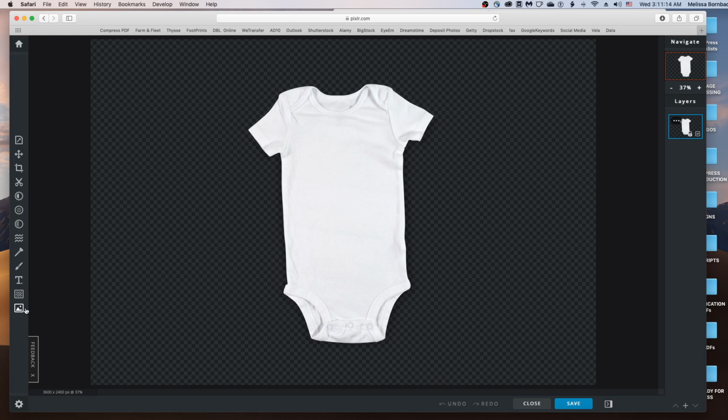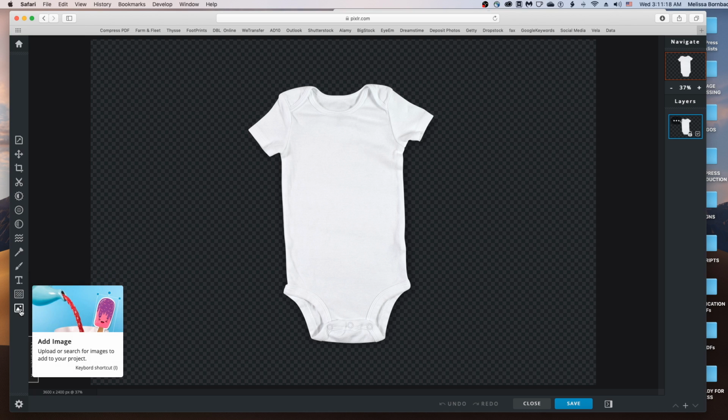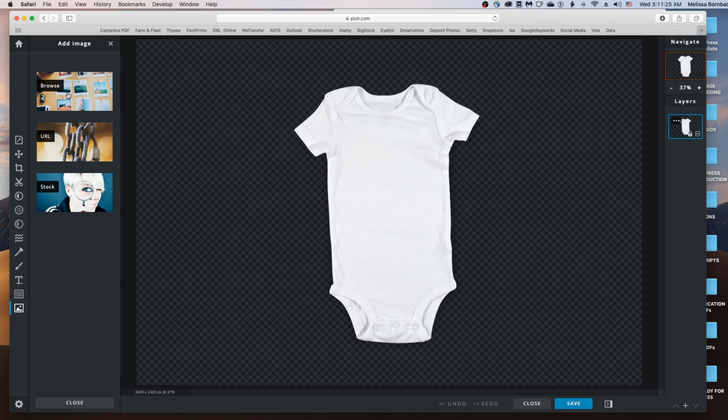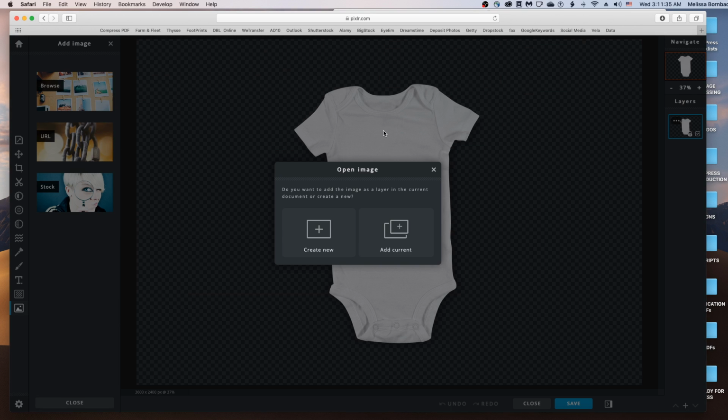And then to add our graphics and background, we want to look at these icons on the left side. And the bottom one, when you hover over it, it says Add Image. So click on that bottom icon, then click on Browse to open up the graphics and background off your computer. We'll do the graphic first, so we'll just click on the graphic, and it's going to give us this option to create a new document or add it as a layer to the current document. We'll add it to the current document by clicking Add Current,